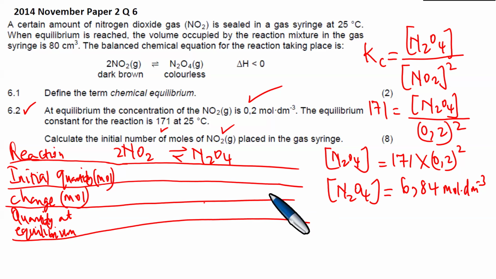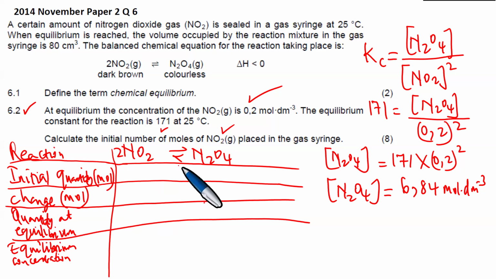and then we also have what? We also have the equilibrium concentration. Right, so you're going to put here the equilibrium concentration. We have the equilibrium concentration. Right, so if we have the equilibrium concentration, then what do we have here? Right, so let us